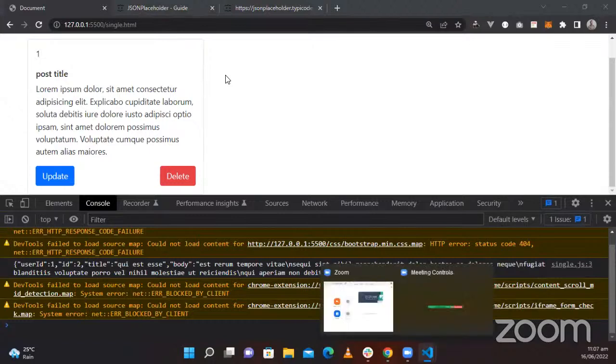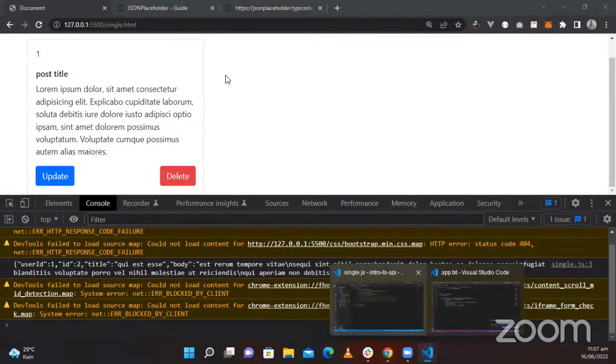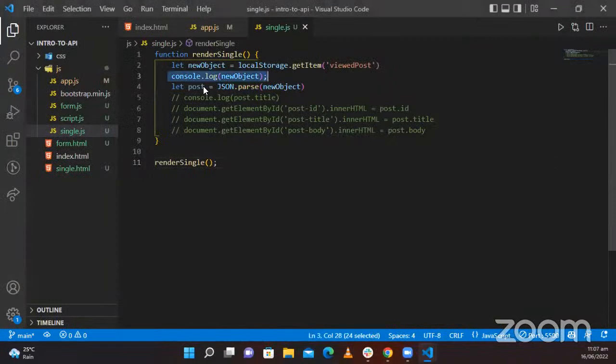To convert it back to an object, you need to do JSON.parse. You need to do JSON.parse. We'll convert this new object, which is a string, into an object. So that's why we now have, if we console log post now,